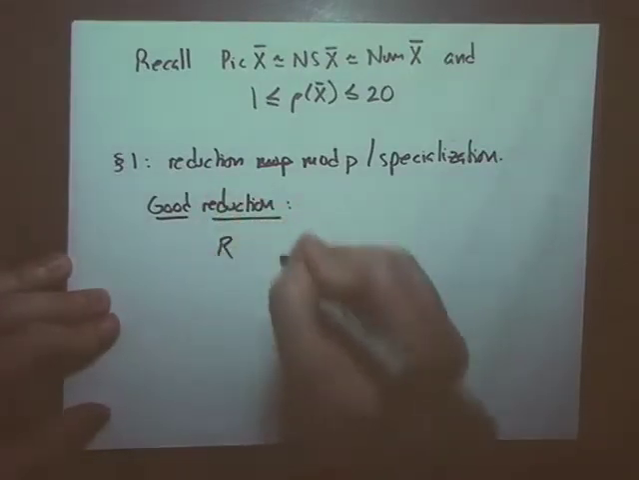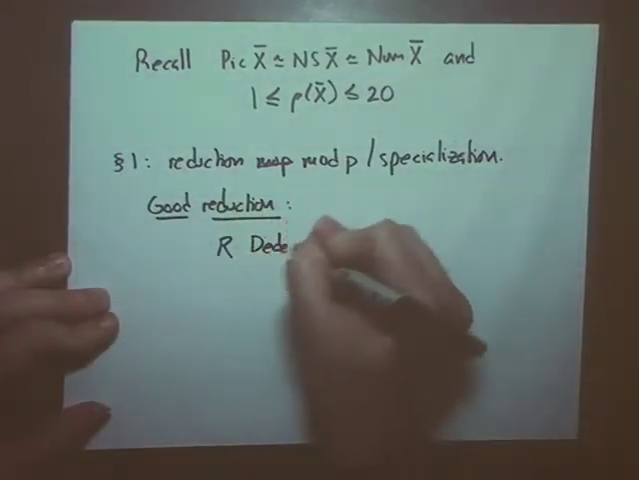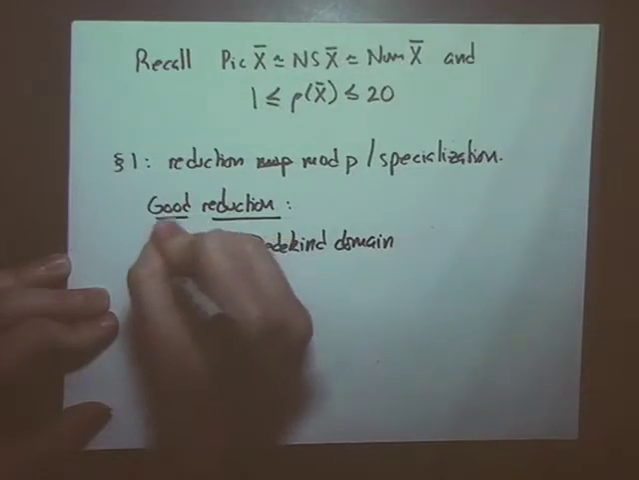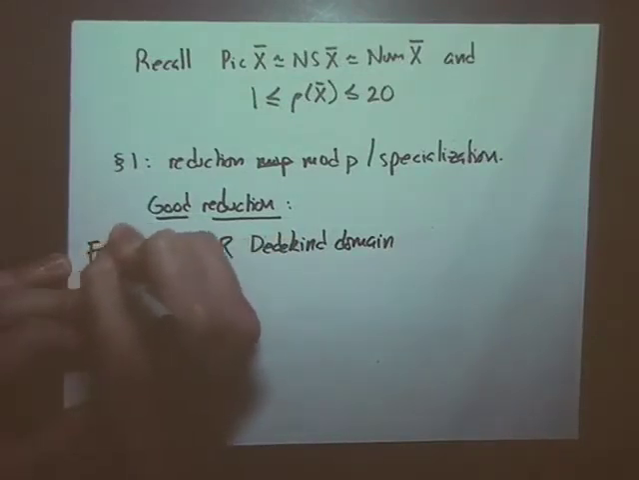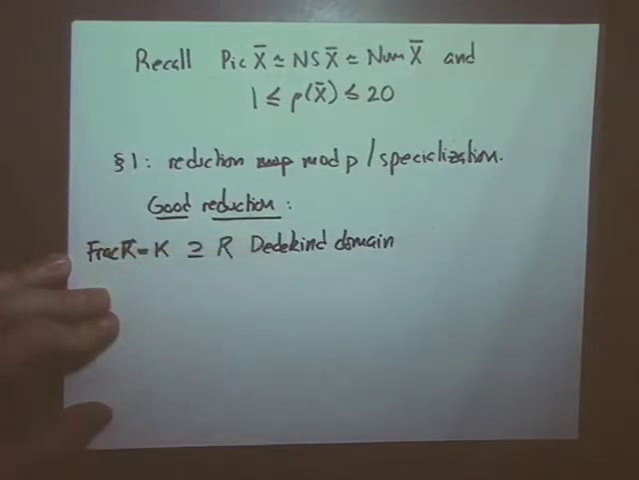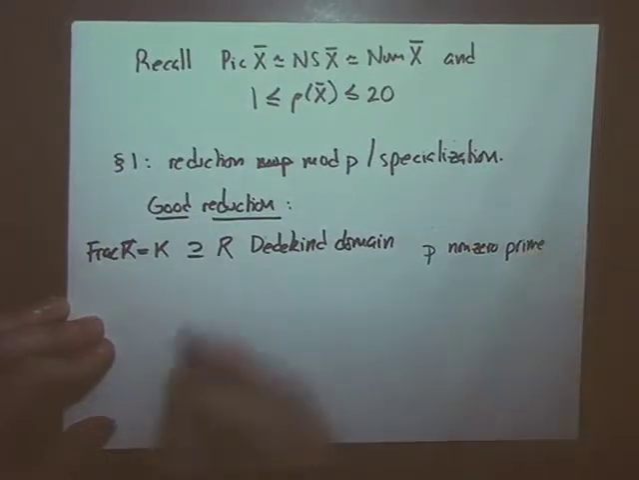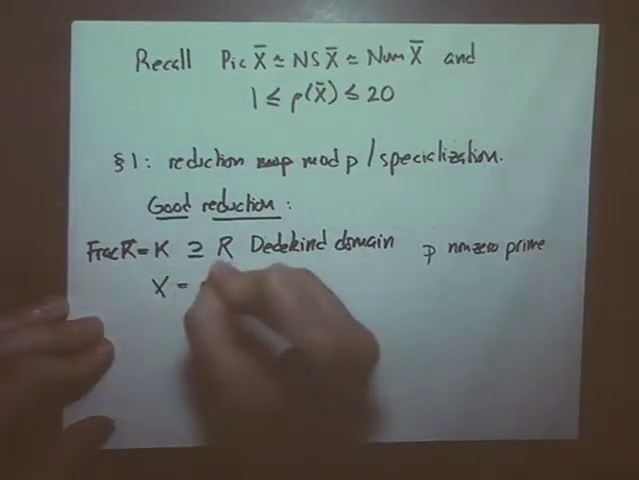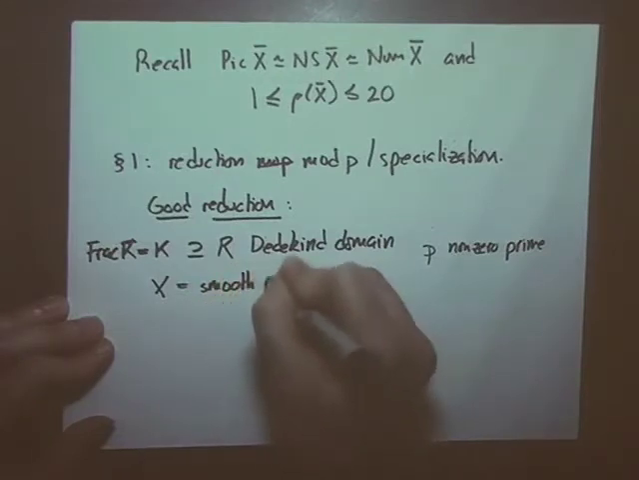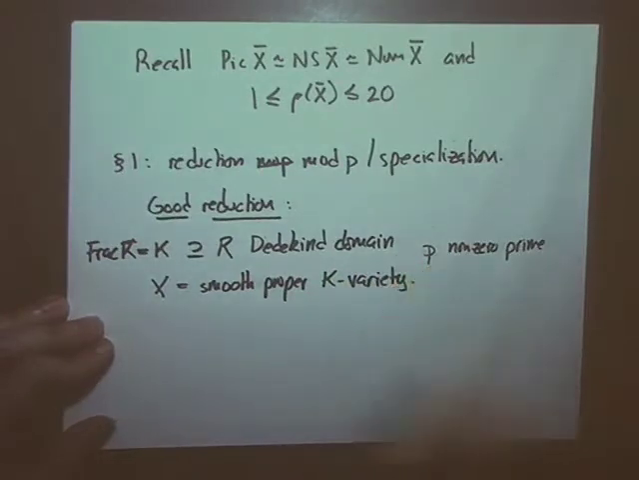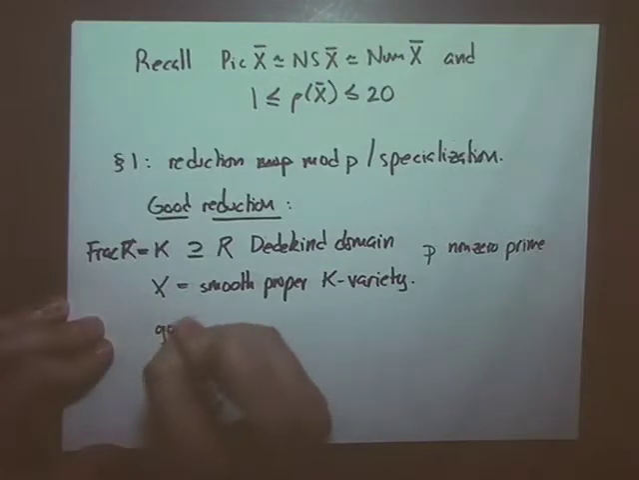So the setup is R is going to be a Dedekind domain with a fraction field K. And I'm going to take P to be a non-zero prime, and X is going to be a smooth, proper K variety. And so good reduction at this prime P